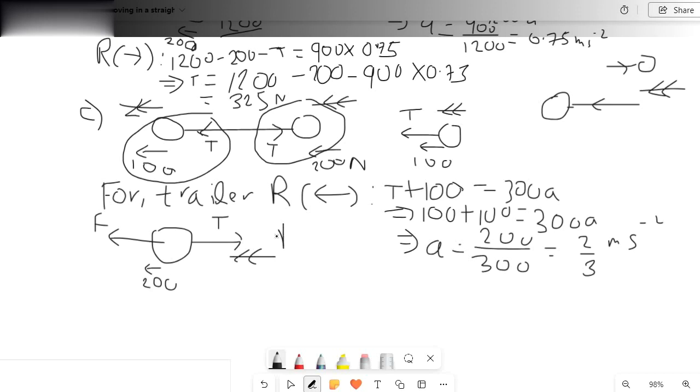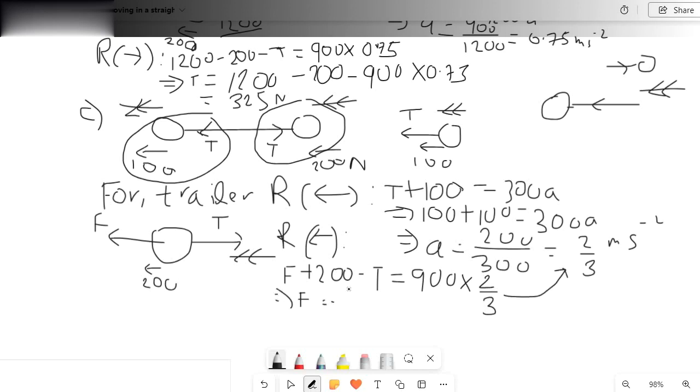Therefore, resolving to the left again, F plus 200 minus T is equal to the mass, which is 900, multiplied with the acceleration, which is 2/3 found here. So F is equal to minus 200 plus T, which is 100 as given, plus 900 into 2/3, so our final answer is